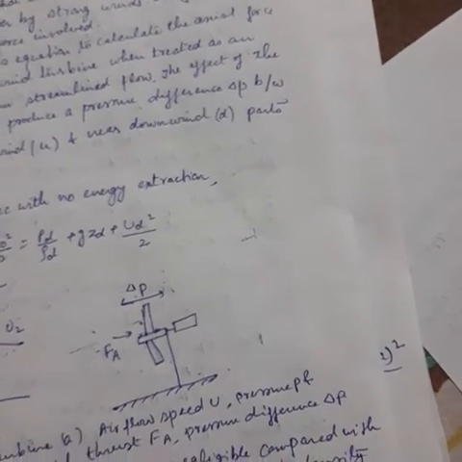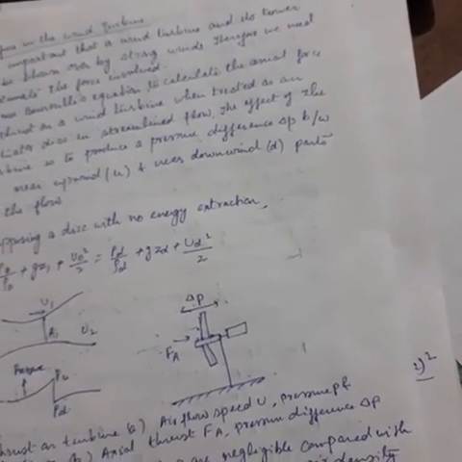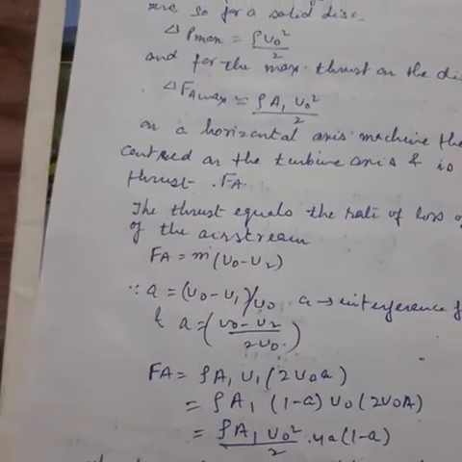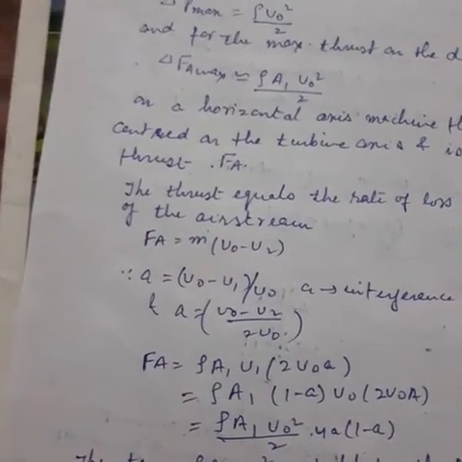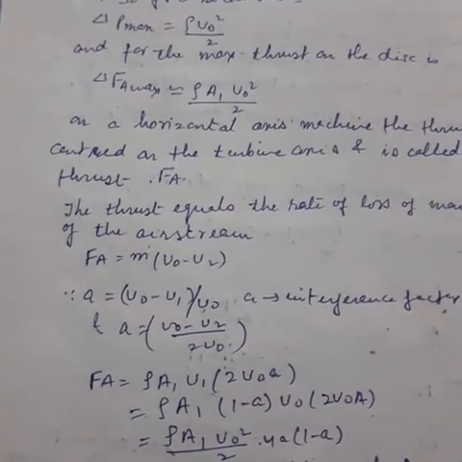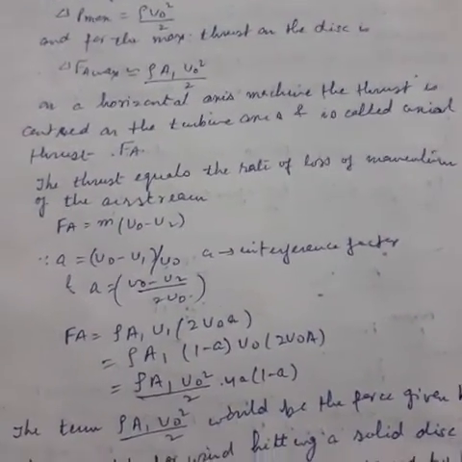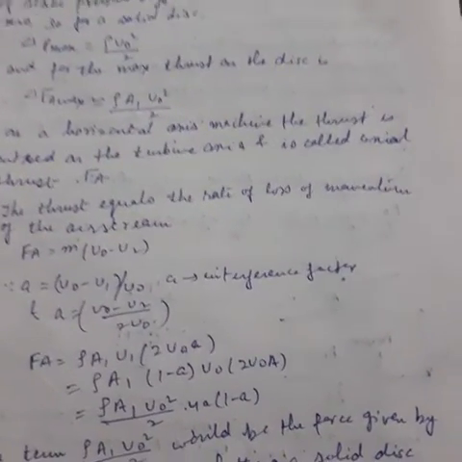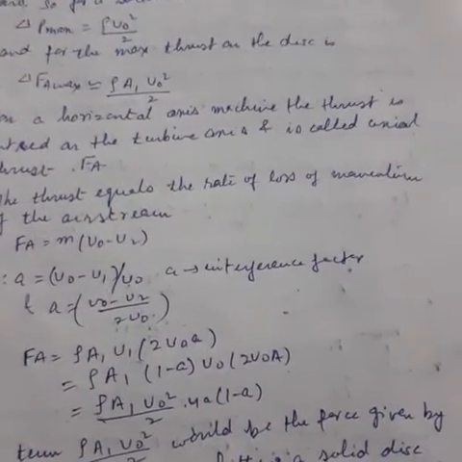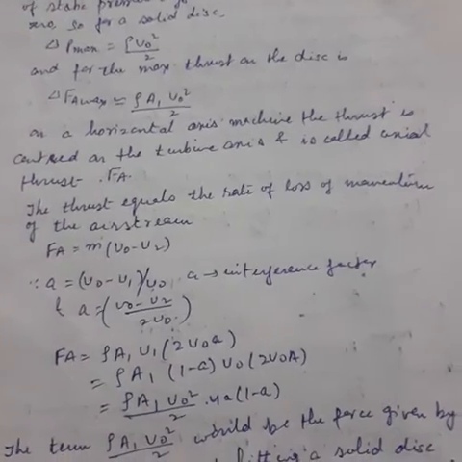The major difference is p naught minus pd, the difference between the upstream and the downstream, and this difference causes the maximum value of the axial force. So in wind energy, how much power is developed by the turbine totally depends upon the